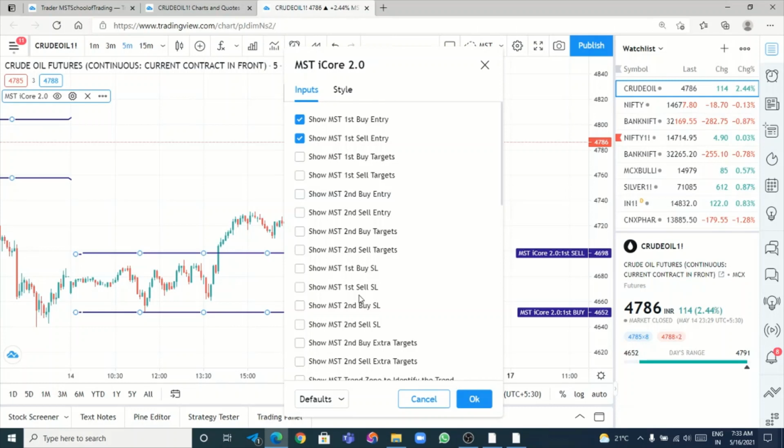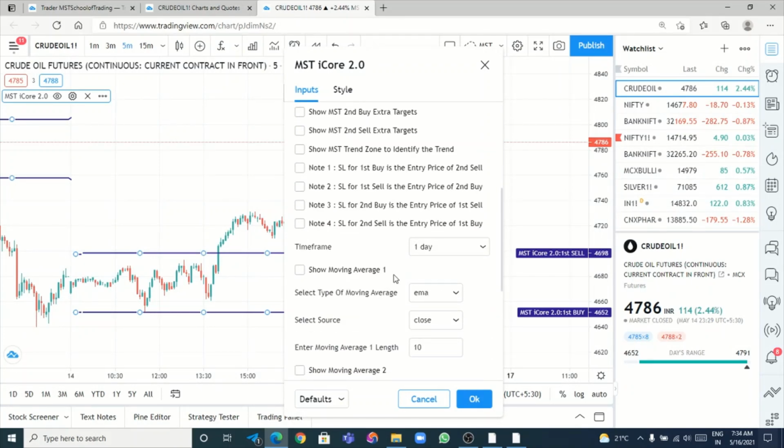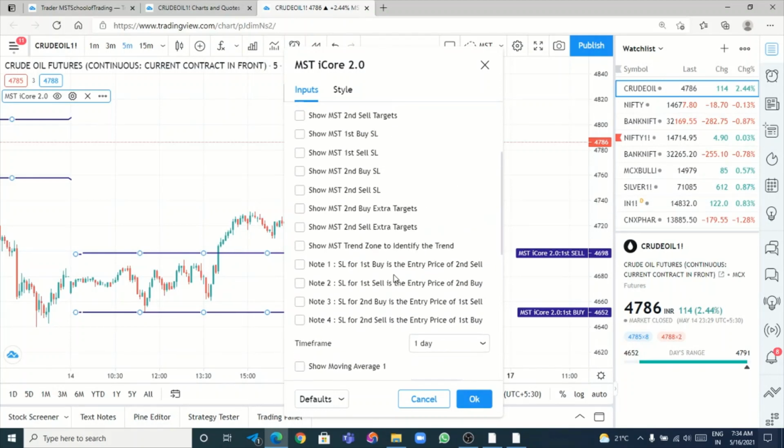It indicates the support and resistance. It indicates from where the market will reverse. It indicates till what level it will go. What is the maximum low? What is the maximum high? So everything it will show you. That is why this is very good, and it is a very leading indicator in the market. This is not a lagging indicator like other indicators already available in the market.